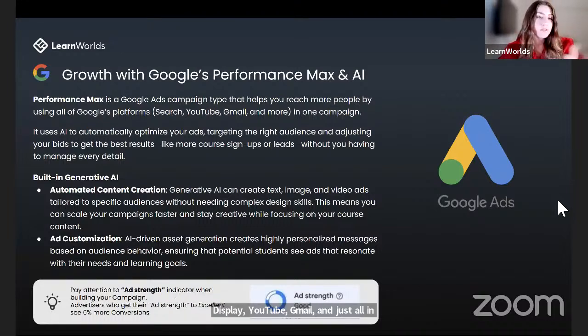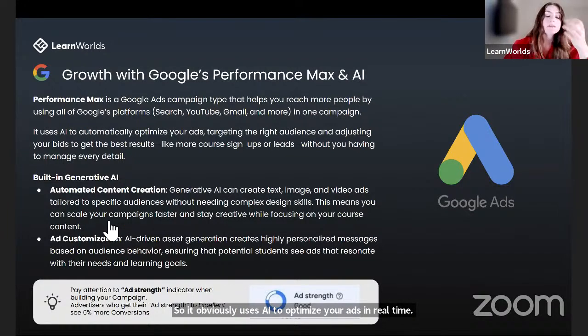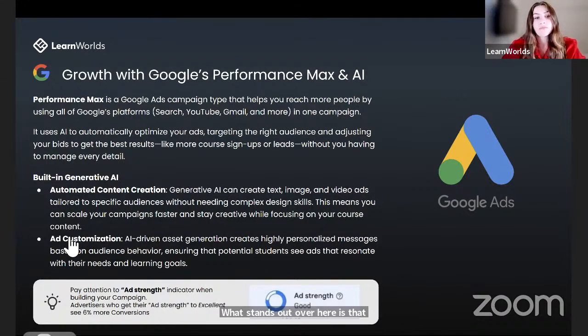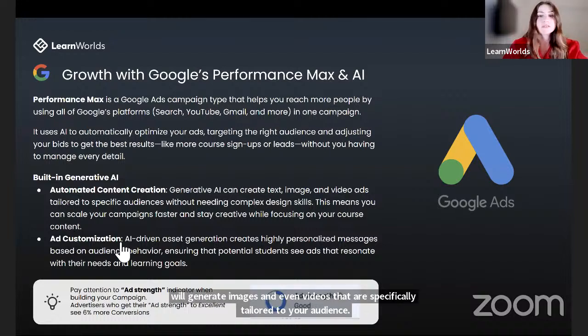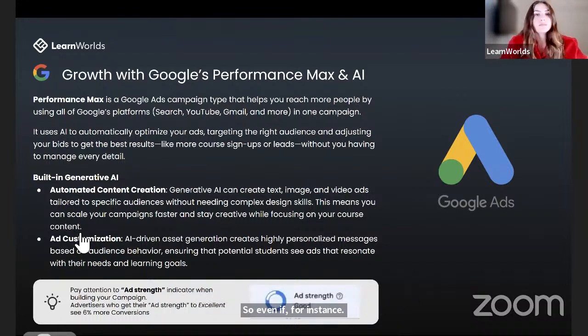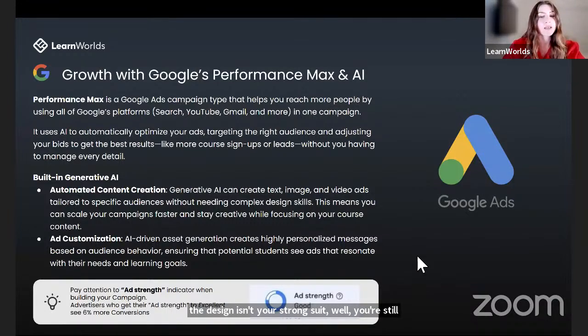It uses AI to optimize your ads in real time. What stands out is the use of generative AI for content creation. It will automatically generate text, images, and even videos tailored to your audience. So even if design isn't your strong suit, you're still covered. You can still create pretty compelling ads with Google Ads.